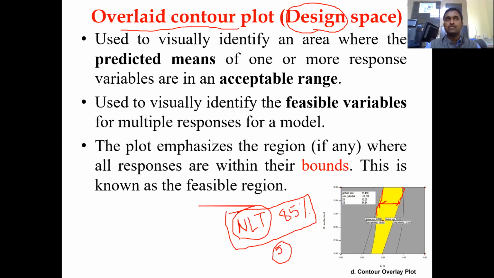So when you finish the experiment, you will get a design space like this. That means wherever you're working in this design space, let us say here it's 86. When you put the cursor here, maybe 87. Or sometimes if we put the cursor here, it may be 100%. So for this complete yellow color region, we are telling the software that we need not less than 85%. Then it will say this is the ideal region. The ideal region is nothing but what X is to be taken and what Y is to be taken, that is, what factor concentrations are to be taken so that you will get 85.